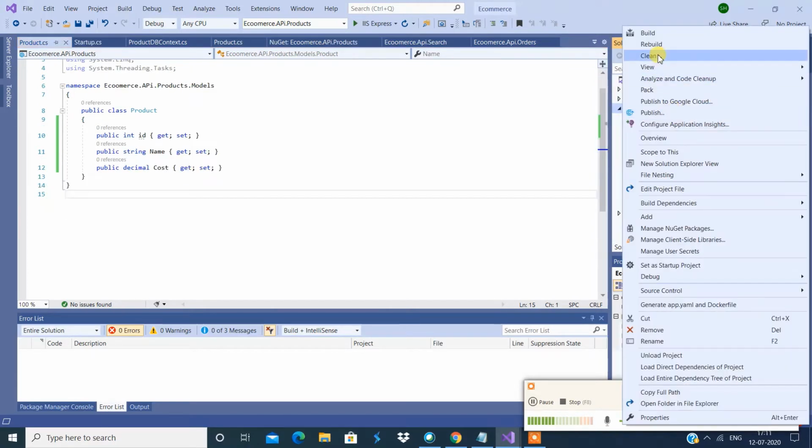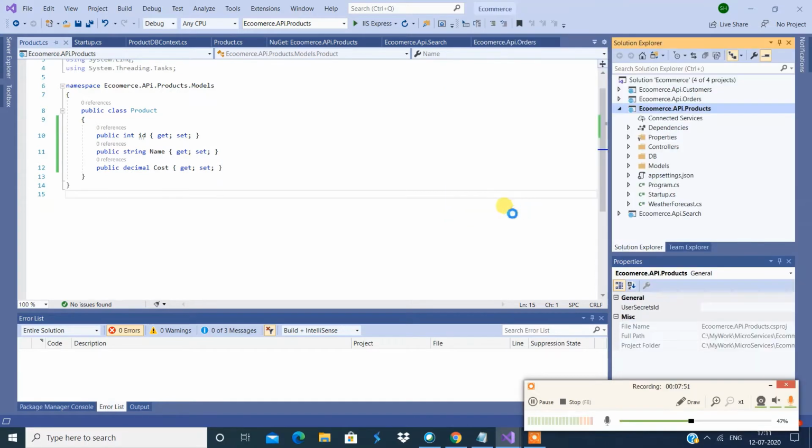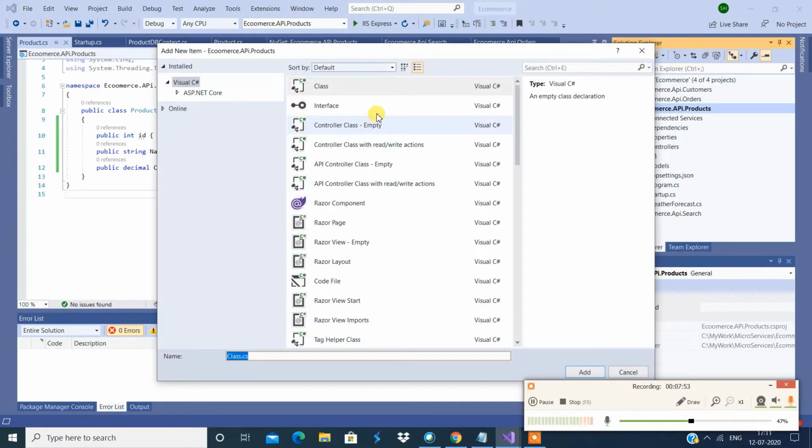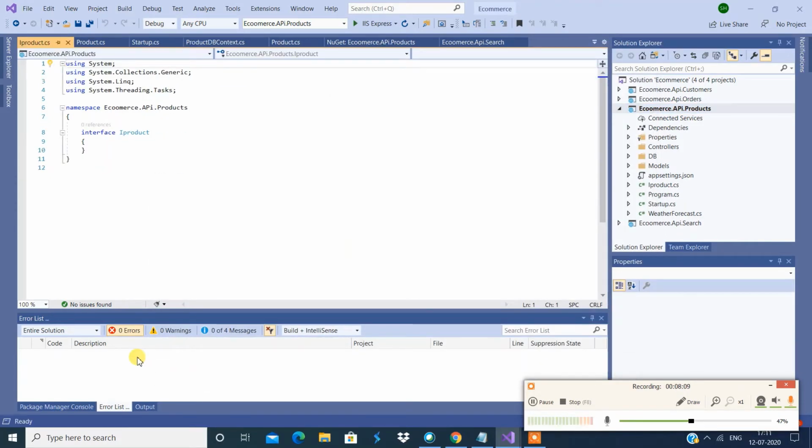Now we're going to register this DB context in our Startup.cs. Let me add an interface. This is the one. I'm going to say IProduct. All right, so now here